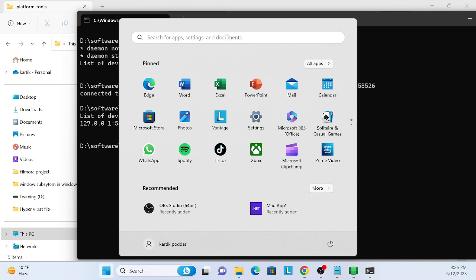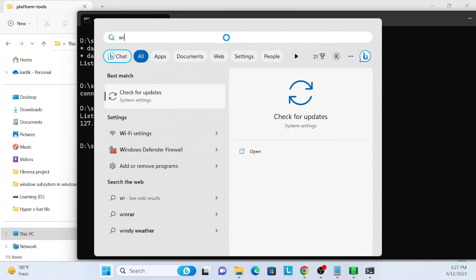Then you can just create a MAUI application to test whether our application is deployed on the subsystem for Android or not. So I can open our Visual Studio